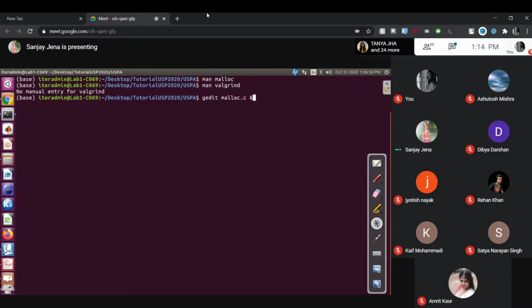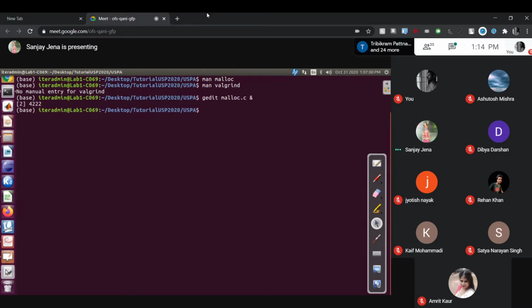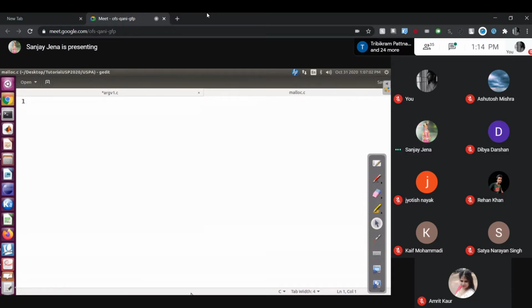gedit malloc.c. Look in the monitor. #include <stdio.h>, #include <stdlib.h>. What is the header file? Right, declare a pointer, int star ptr. Done it.